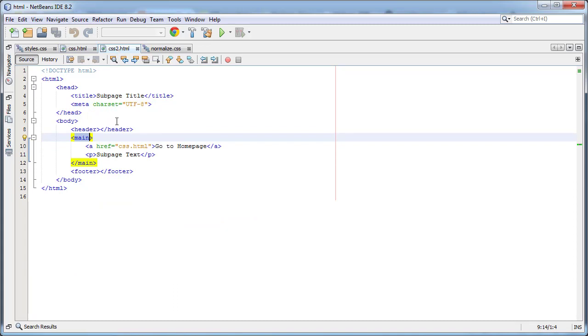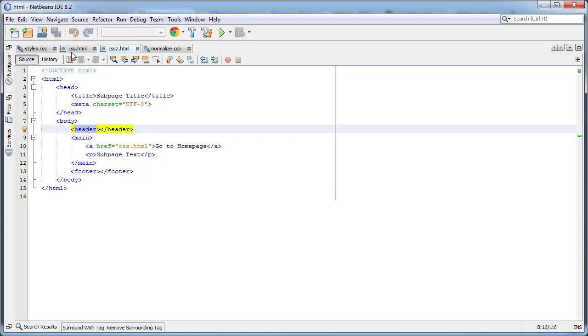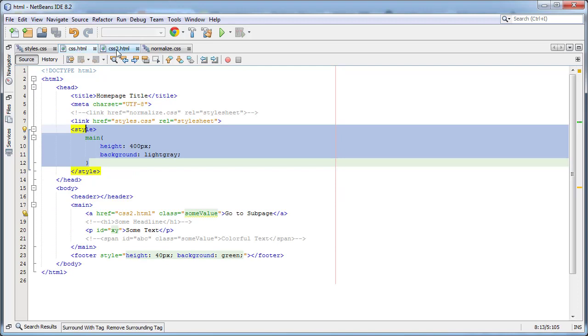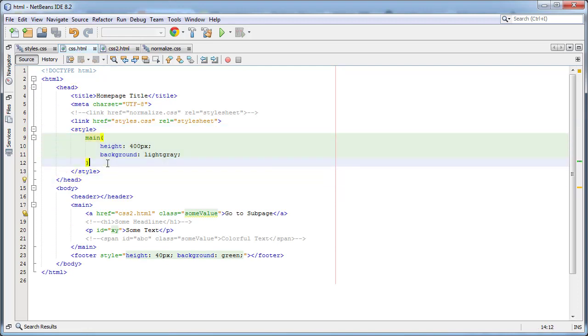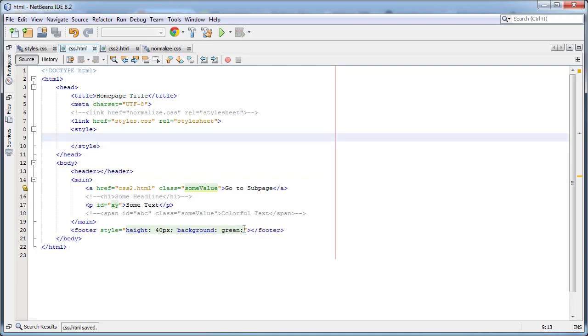That would first of all increase our file sizes, and secondly, and more importantly even, if we do have any changes to the main element, how it shall look, or to the footer or to the header, then we need to go into multiple files and to do these changes, which of course is very inefficient. Instead, now comes the reason why the CSS code should be located in an external file and not inside the